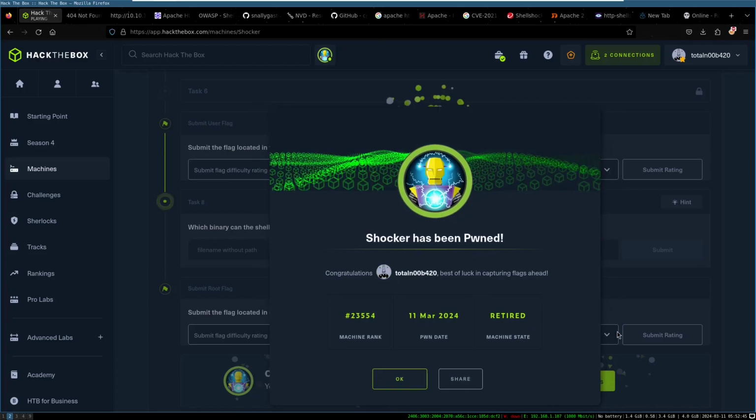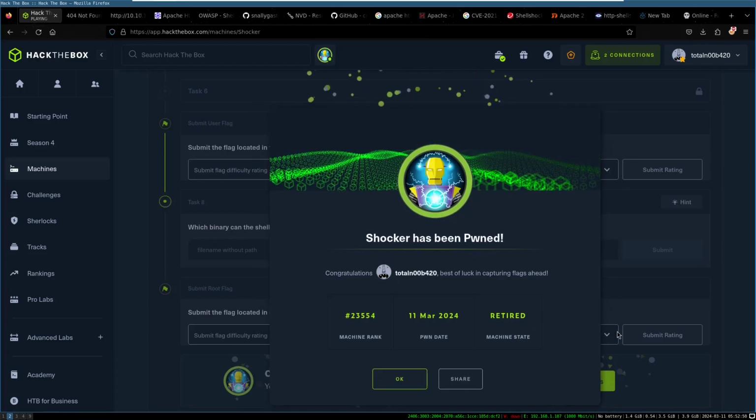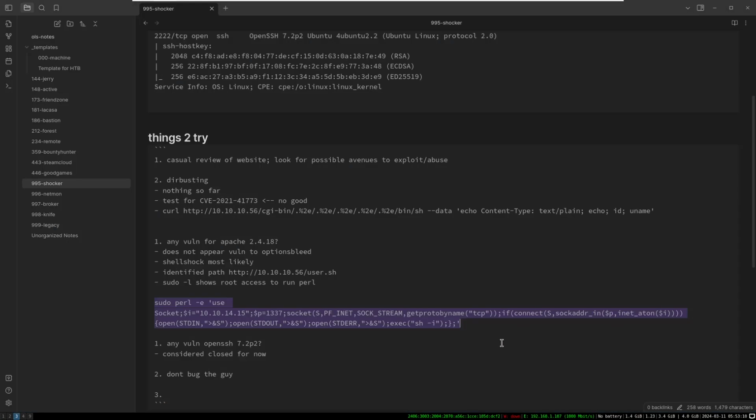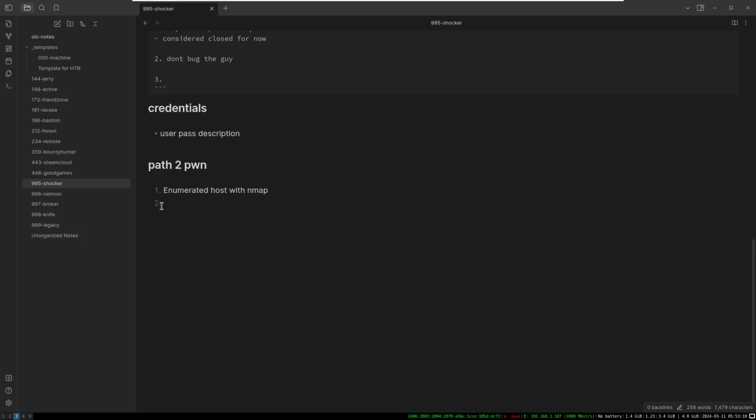Very, very basic web server. Again, SSH, just complete red herring, didn't have anything to do with the box at all. Maybe if we dug around, we could have found some SSH keys and used that, but you know, whatever, we got there. So the path to pwn, let's quickly write it out, was enumerated,